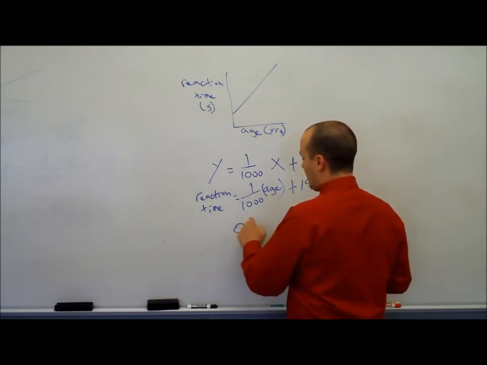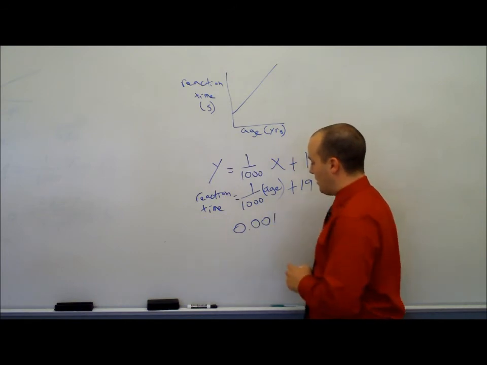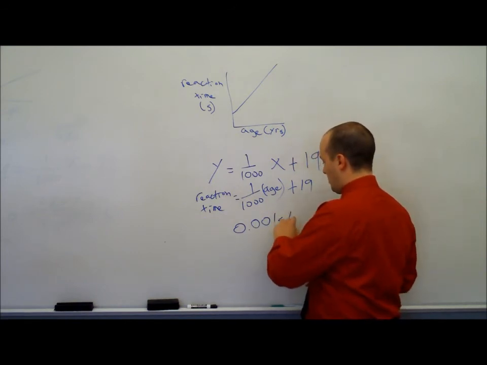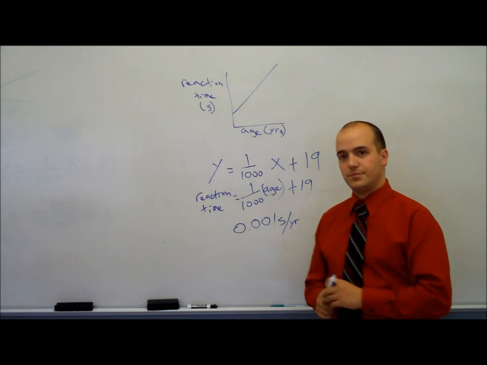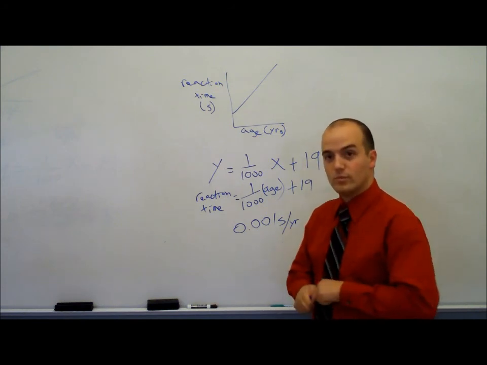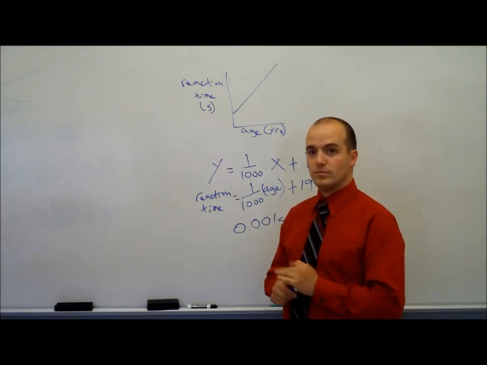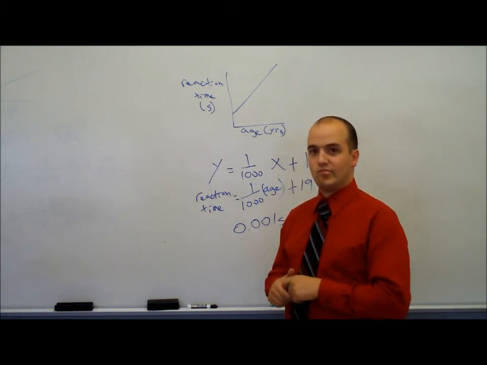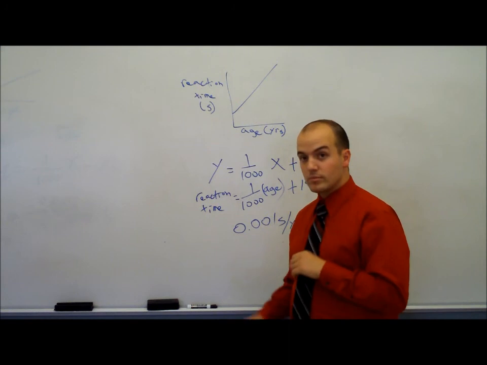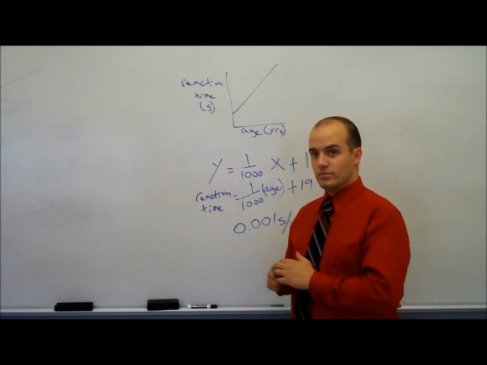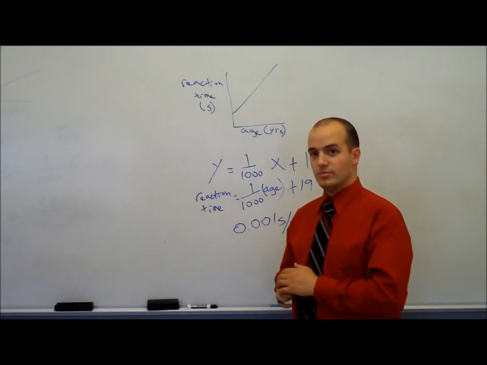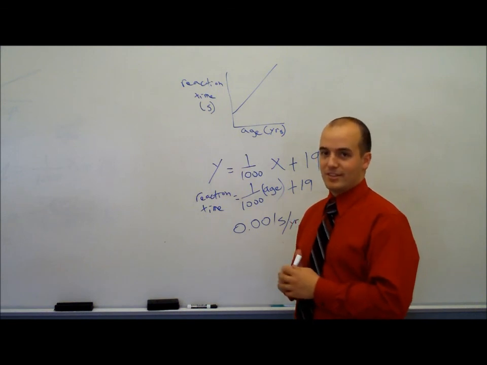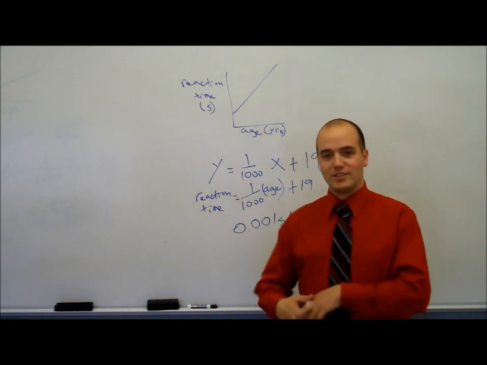I think I'd put it into a fraction, 0.001 second per year. So your reaction time is increasing, you're getting slower by 0.001 seconds per year. In other words, if you go up 1 second, you go over 1,000 years, which is kind of silly because you're not really going to be around for 1,000 years probably. Exactly. Thank you very much, Mr. Foti. That was fabulous.